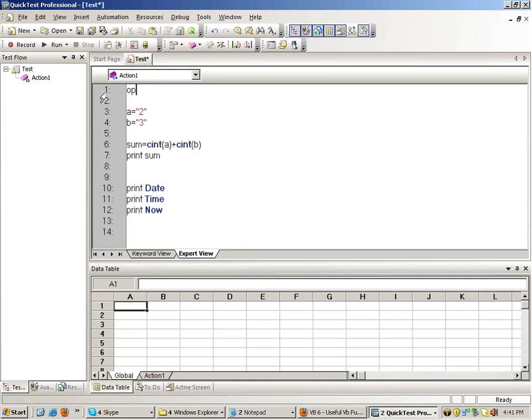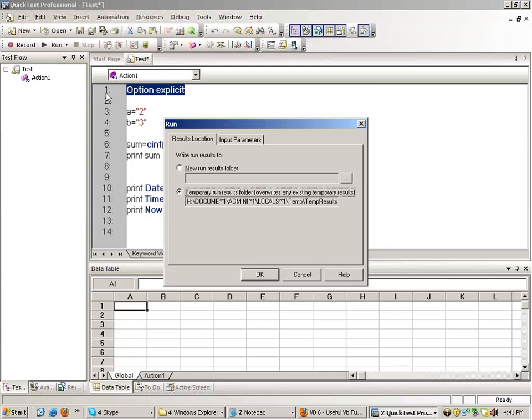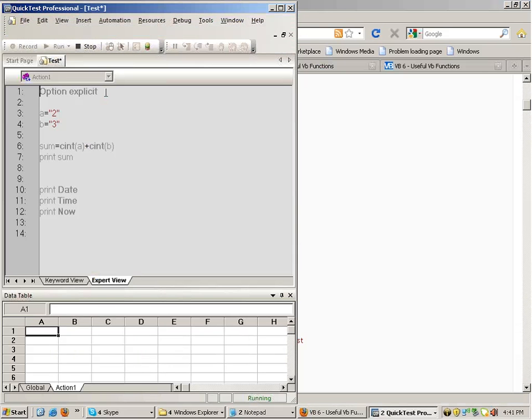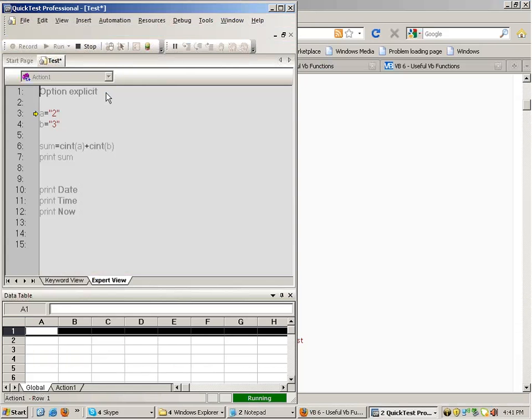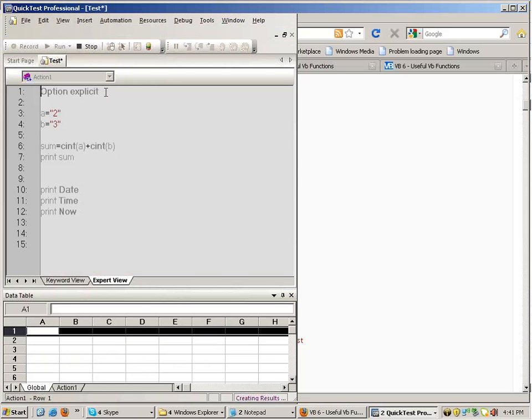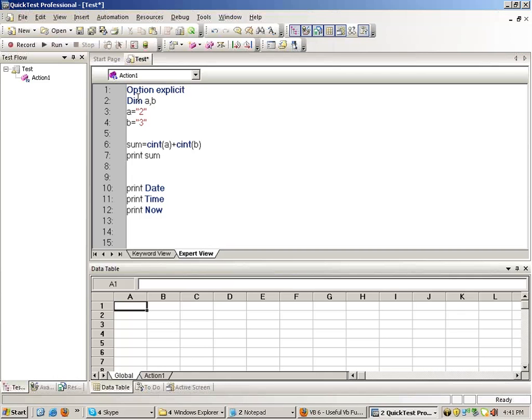But if you write a command called Option Explicit in the very beginning and you run, the shortcut for running is F5, then you get an error: undefined variable A. If you are writing Option Explicit, then it is mandatory for you to define all the variables which you will be using.